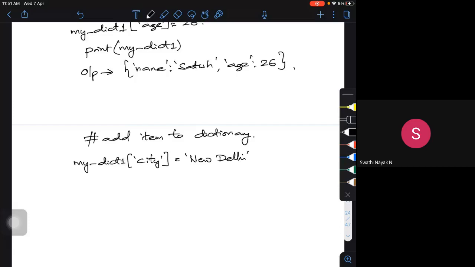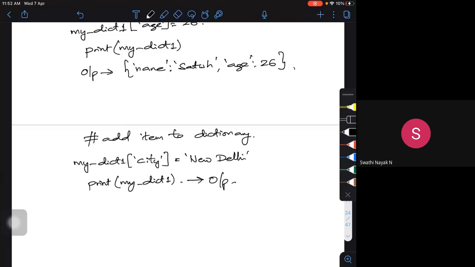If I try to print my_dict1, what will be the output?